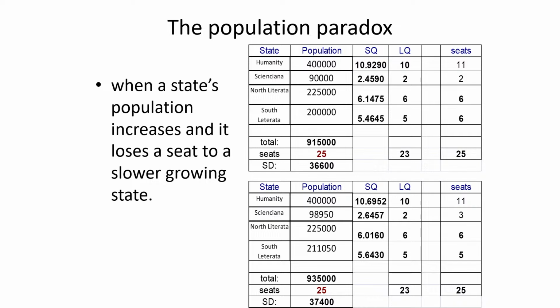Like I said, I had to manipulate things a little bit for this to happen, but this is the sort of thing that has happened in the past when we've redone apportionments because of population increases. And so you see this sort of thing happening. One of the projects, maybe I could think about this for the break, is to come up with something for you to do like this, to come up with your own example. It's probably too late now. If I ever do this again, I'll make the students come up with their own example rather than me coming up with the example, because it's kind of interesting to do that.